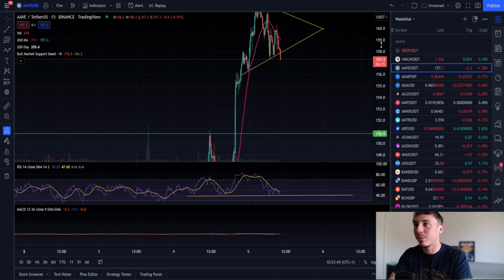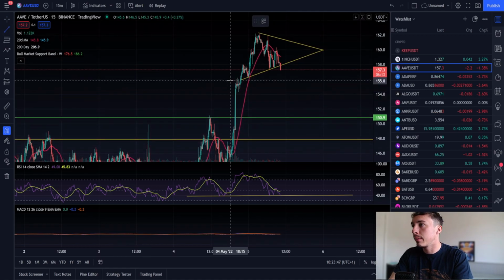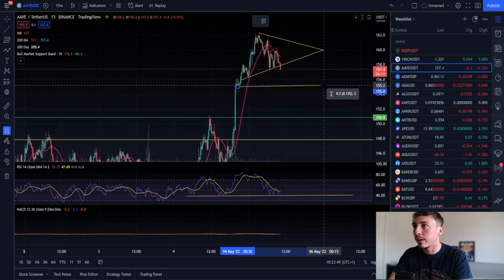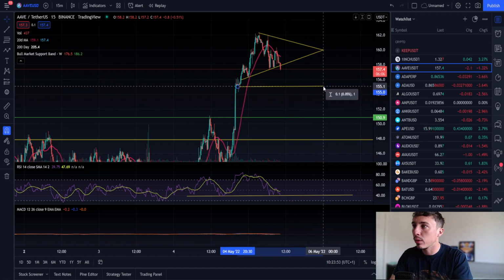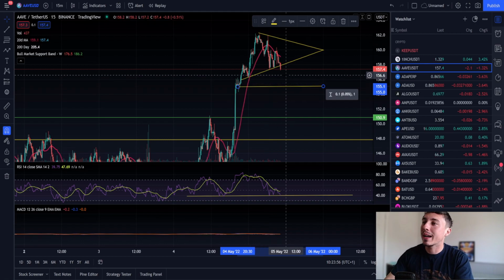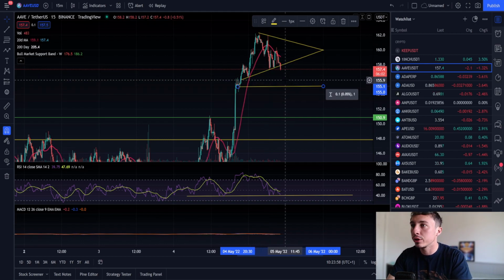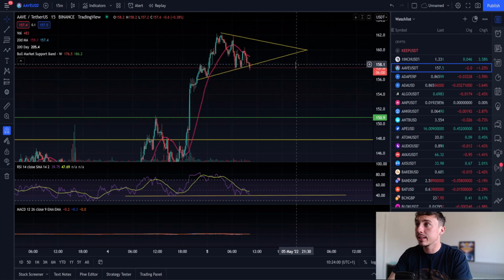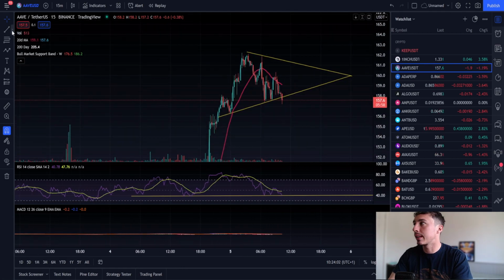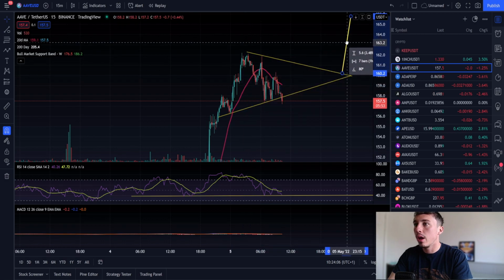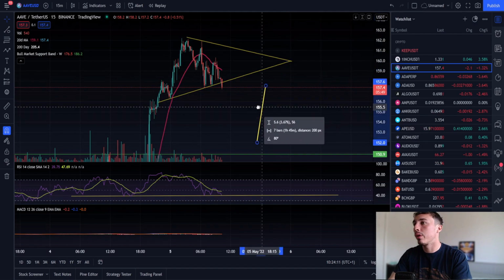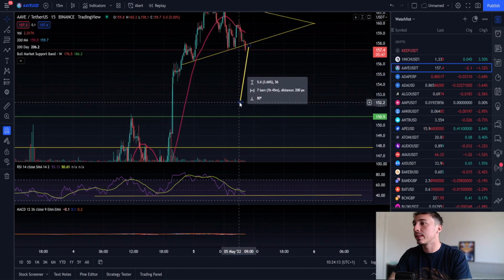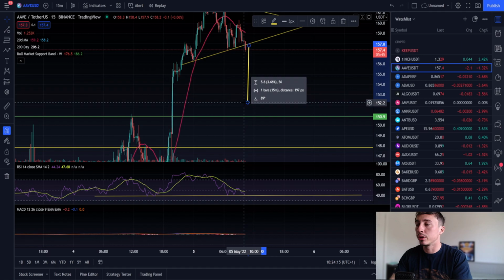So if we do lose this support, we could effectively come down maybe to slightly lower levels, such as $155 or something like that. I don't know if we'll come down to 150, but I think we can see a bit of a pullback at this particular level, unless we retest this $158 as a resistance and see if we can break back through on this particular symmetrical triangle. If we can break out on the symmetrical triangle, of course the technical target is going to be around $165 over there. On the breakdown side of things, we're still looking at a technical target of around 152,